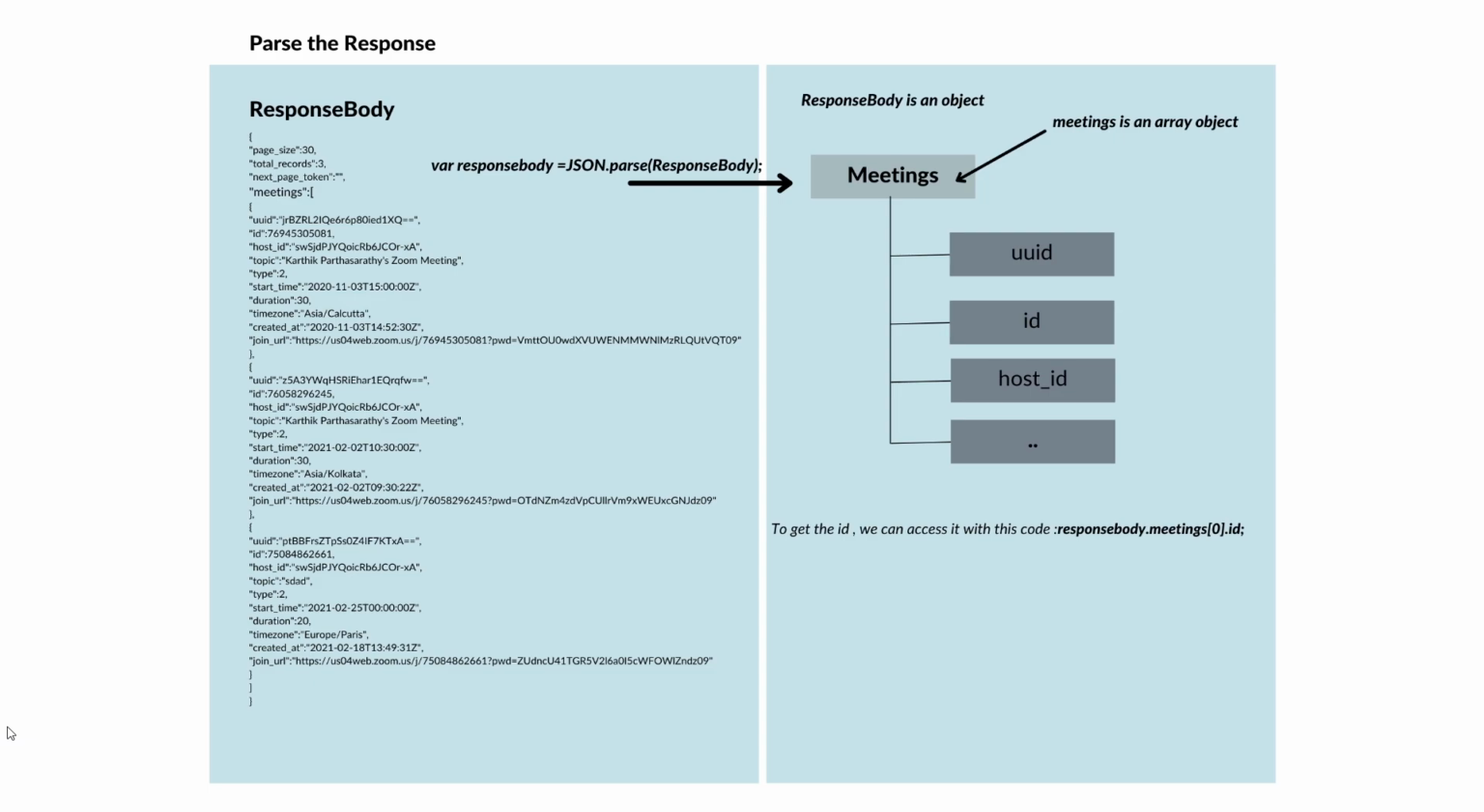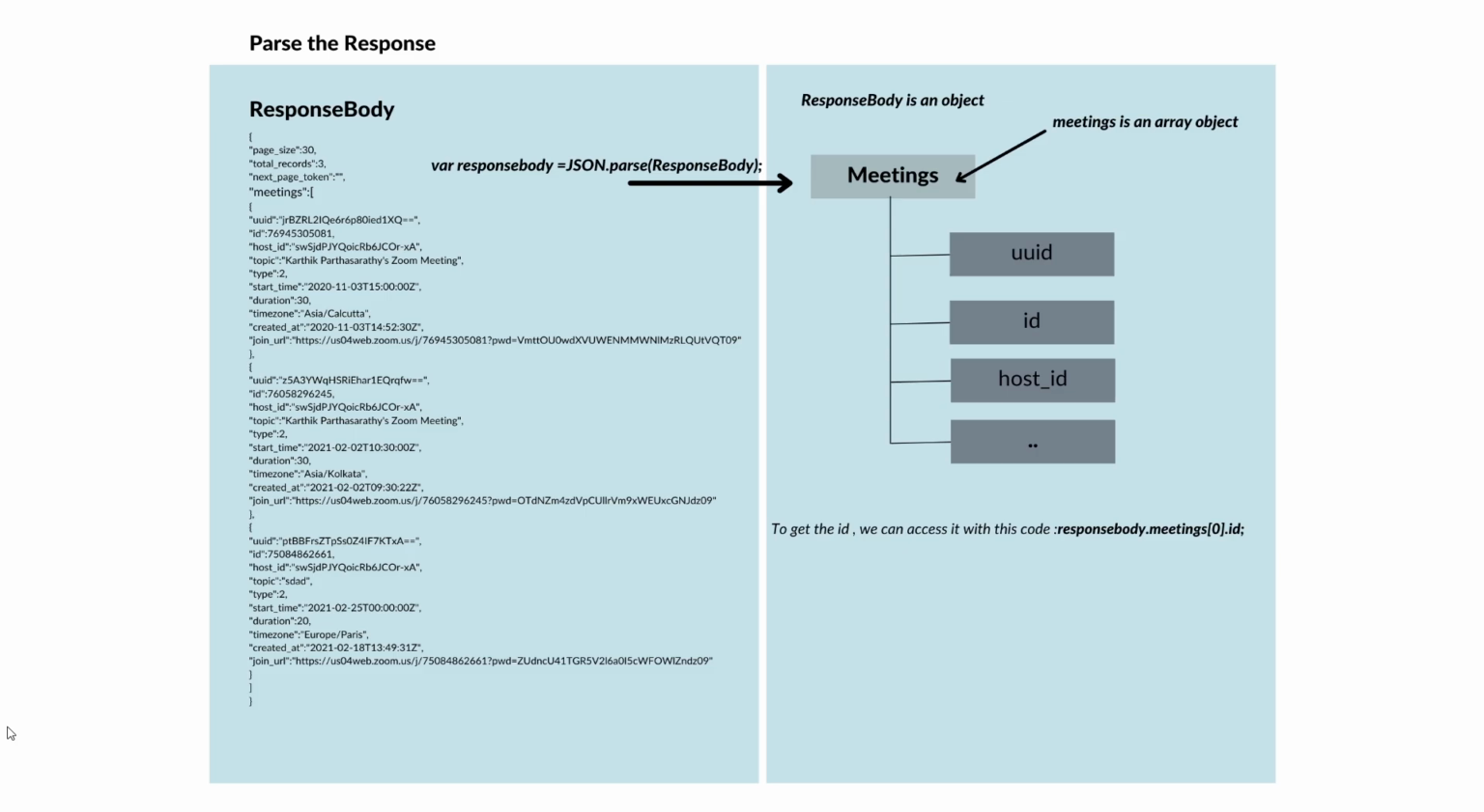So we do response body dot meetings, and we specify which object in our meeting array we want to take the data from, and then we specify what we want exactly. So we can say ID or topic or duration. So this is how we manipulate the response body, how we can use it to get the data. So this is important to understand before we see the entire script that we are going to write